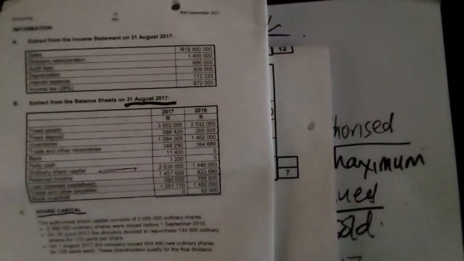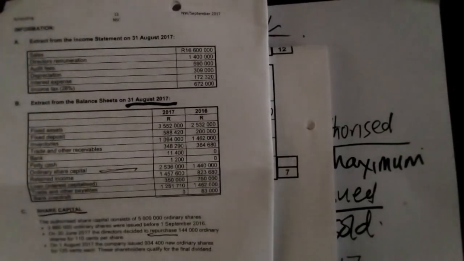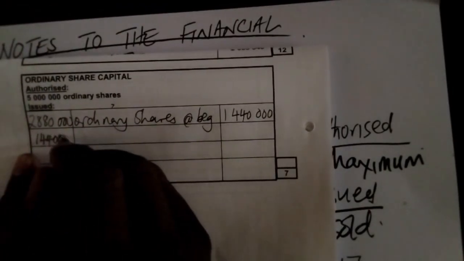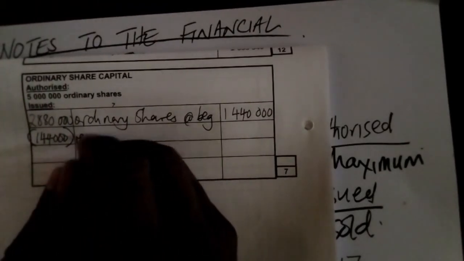Now the second part, bullet number 2, says on 30 June 2017, which is during the year, the directors decided to repurchase 144,000 ordinary shares for 110 cents per share, right? So they bought back 144,000. In your answer book you can write 144,000 shares and put it in brackets, because shares bought back or repurchased reduce the number of ordinary shares. So this is repurchased